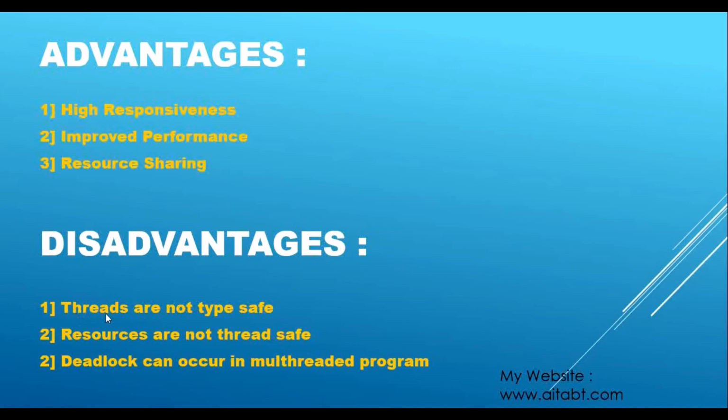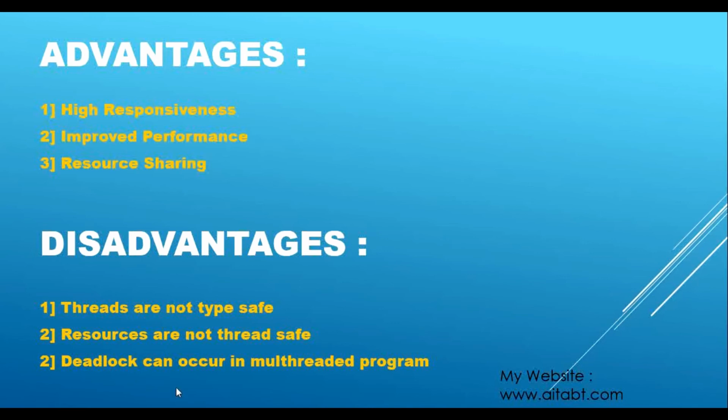And again, threads are not type safe. We have learned that already in the previous tutorial. If you remember, when we want to pass a parameter to a method and we use the ParameterizedThreadStart delegate, that delegate only accepts objects, and if we use that object, then we can pass anything there. That is why that application will no longer be type safe. If you are not sure about that, please go and check the previous tutorial of this series, because to understand this better, you have to watch the first part of thread in C#.